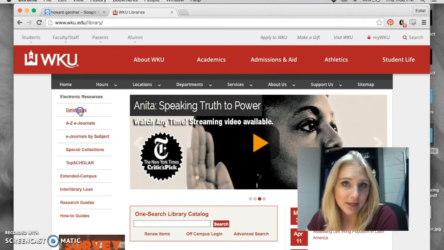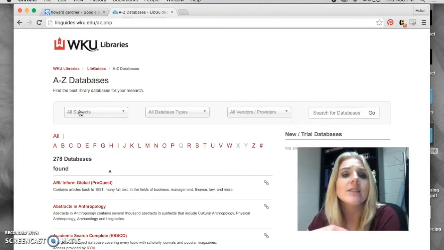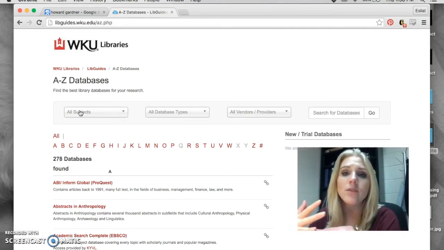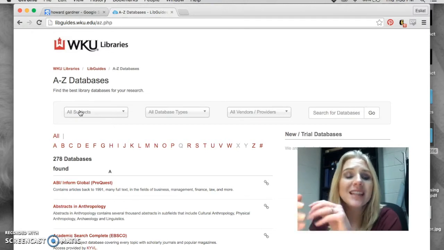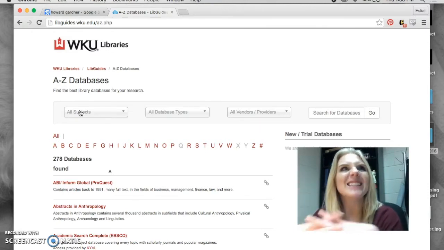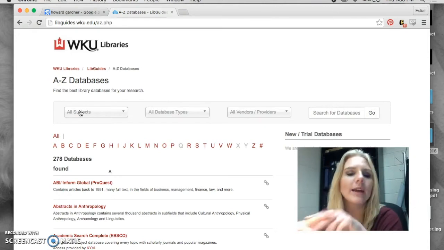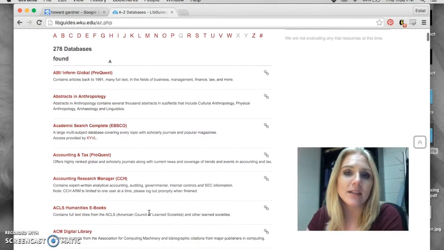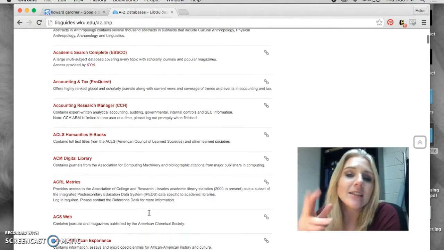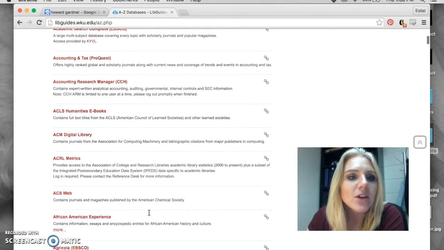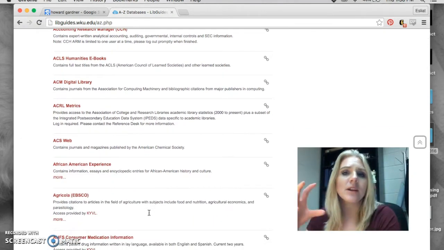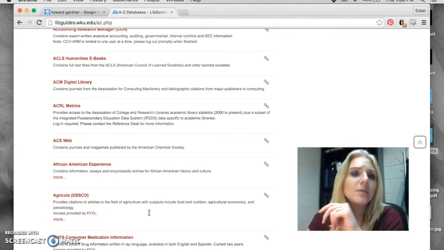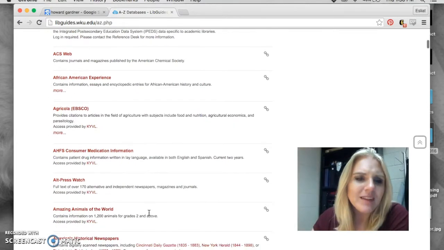If you go to the databases, they are like mini search engines, but they are compiled of mostly peer-reviewed articles or journals that are more academic in tone. And actually, as we look at these databases, you're going to see that these little mini academic Googles are all specifically focused on a topic or a type of major. So for example, here we've got